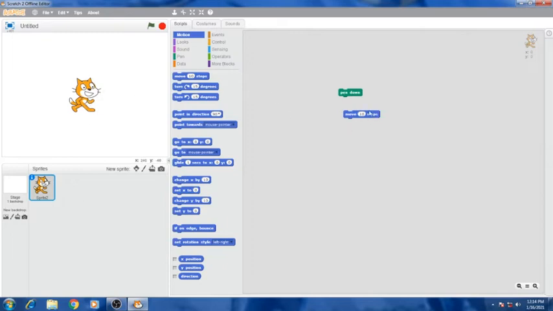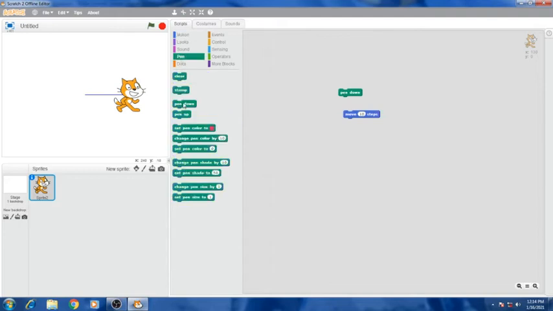You can see it's a background action only. And see, if I click on the 10 steps, the sprite is drawing. See, one line you can see, isn't it? Now the sprite draws with a pen. And if you want to take that pen up and stop writing, you can choose one option here, that is pen up. If you click on pen up and again click on this one, see, now it's not writing with the pen.